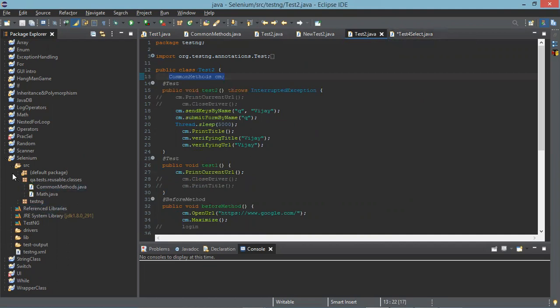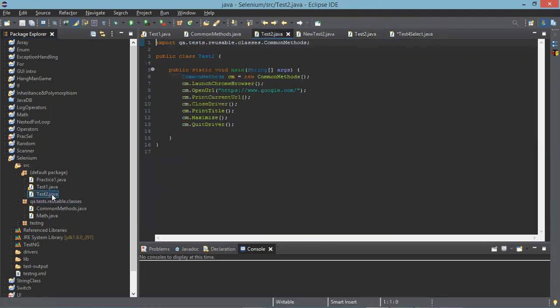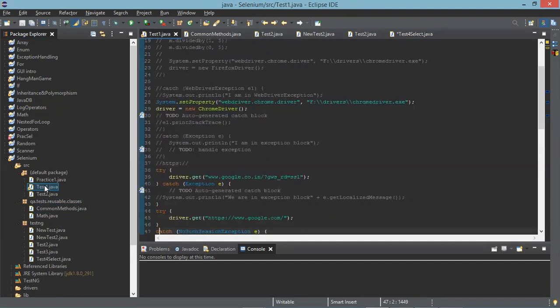See in the default package, open test2 there. Go to test1 then. Test1, go. Yeah, change the URL.